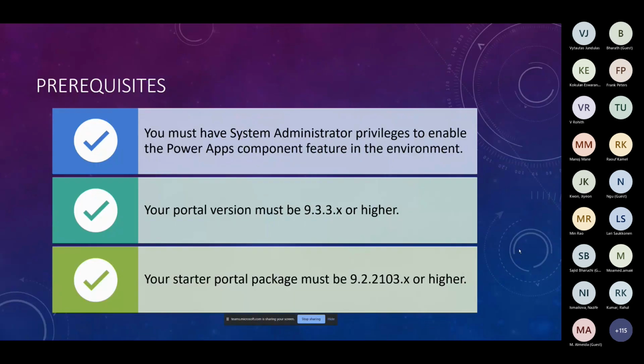Before you use code components, there are basically three main prerequisites. First of all, you need to be a system administrator to enable the Power Apps component feature in the environment. You can do this in the Admin Center. If you don't enable this, you can't use code components not just for Power Pages, but for your environment in general. Now, your portal version must be higher than